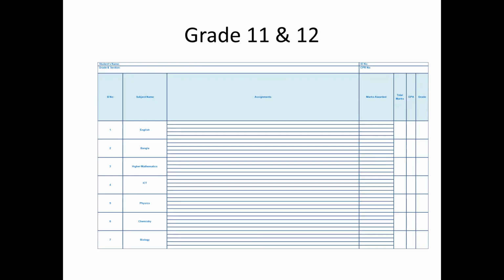And the important thing to be noted for grade 11 and 12, unlike all other classes, which is from grade 1 to 10, I have given here 5 rows. So each of these assignments will be out of 20 marks, not out of 25.